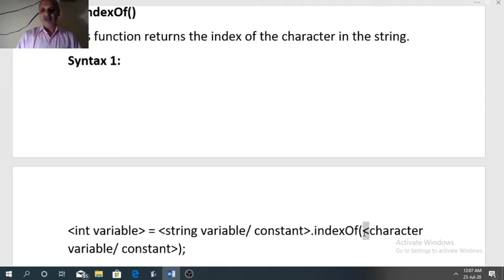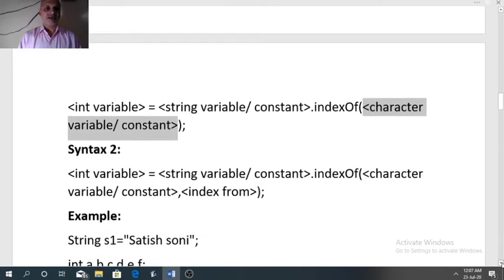So the character whose index we want to find will be our argument. That character can be a character variable, or you can directly enter a character constant. When you enter a character constant, enter it with single quotes. That is the first syntax.